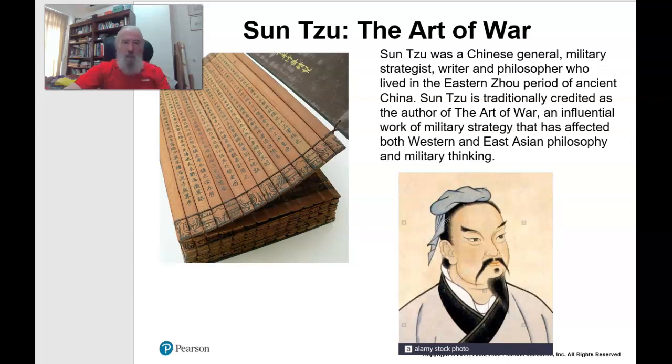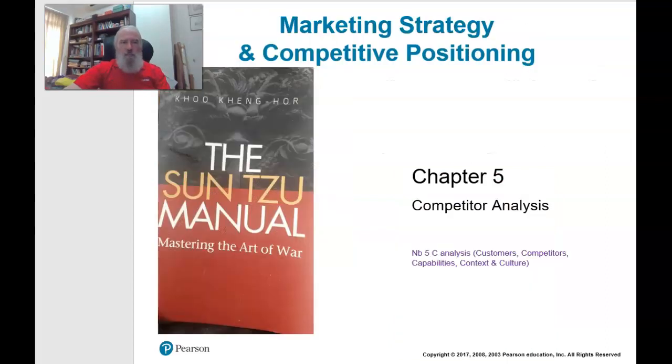The book that I showed on slide 1 is particularly good. It's written by a Malaysian, Khoo Keng Ho. He has lots of really graphic and excellent examples which relate to both Malaysia and Singapore. So it's obtainable at Kinokuniya in KLCC. It's very reasonably priced, and it's one of the best books on Sun Tzu and the 21st century marketing strategy that I've ever read. Right, so that's a very famous but rather old person talking about the art of war.